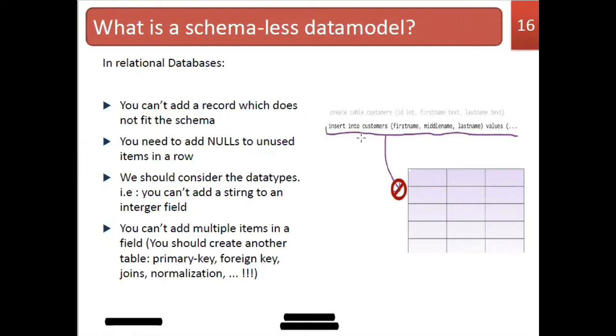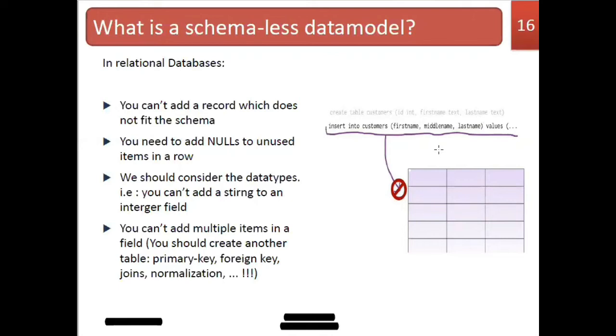So here one example is given. First, initially a table is created. Create table customer with the field names ID, first name, and last name. So these are the three attributes or fields included in the table. Suppose you are trying to insert into the customer table values that are different, for example, first name, middle name, last name.